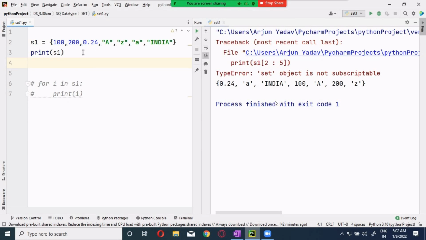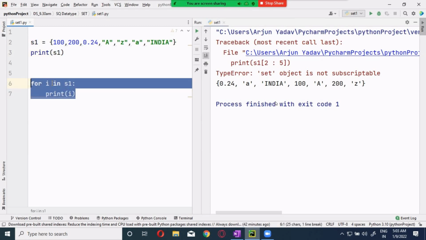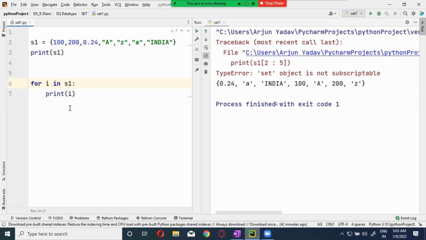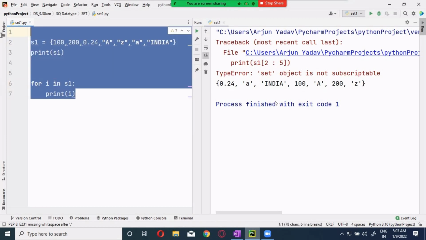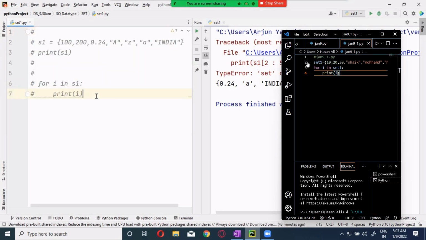Okay, we have seen how to create a set over here and what the nature of the set is, how to extract the values. This is the way you can extract all the values. Now I'm giving a duplicate value inside this, guys. Just see this. Let me print it. I'll comment it and come down.